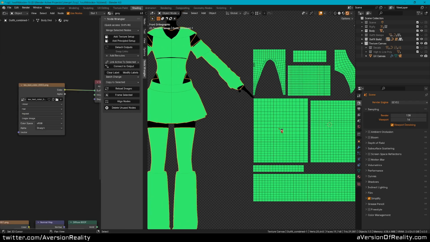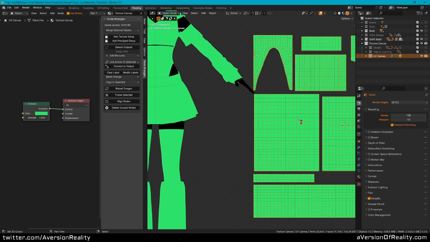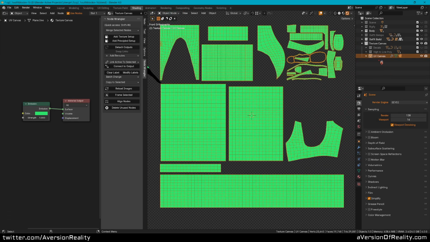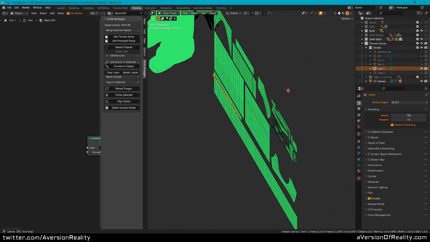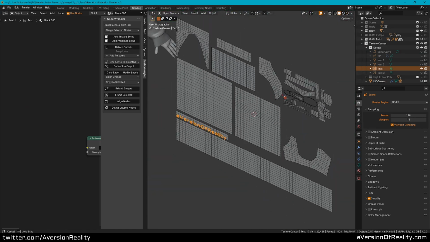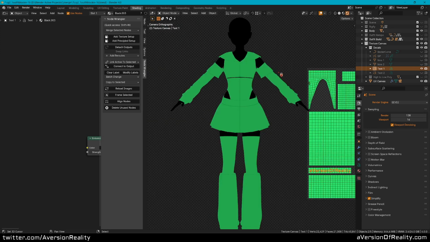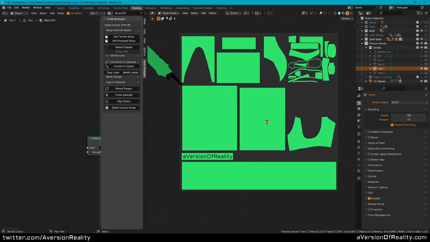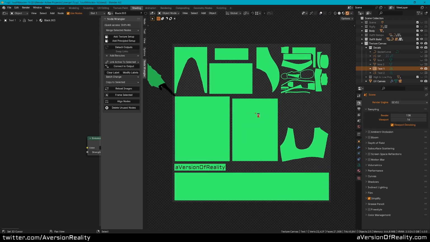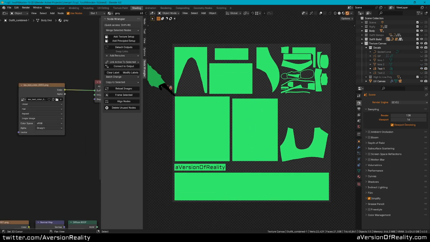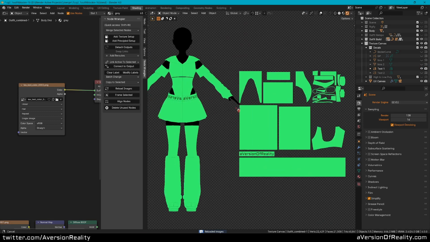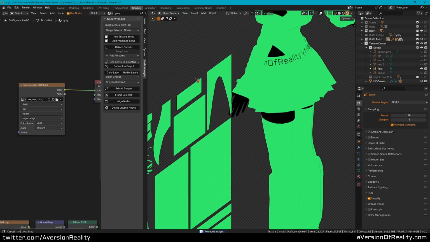We can change the color and update quickly, but that's not enough to justify all this setup. So what else can we do with this? Well, I prepared some examples over here. For example, here is some text, and this is just superimposed over this object. So when we look through our orthographic camera, whatever we see here will be our texture. So let's hit render. And now reload images. There's the text.